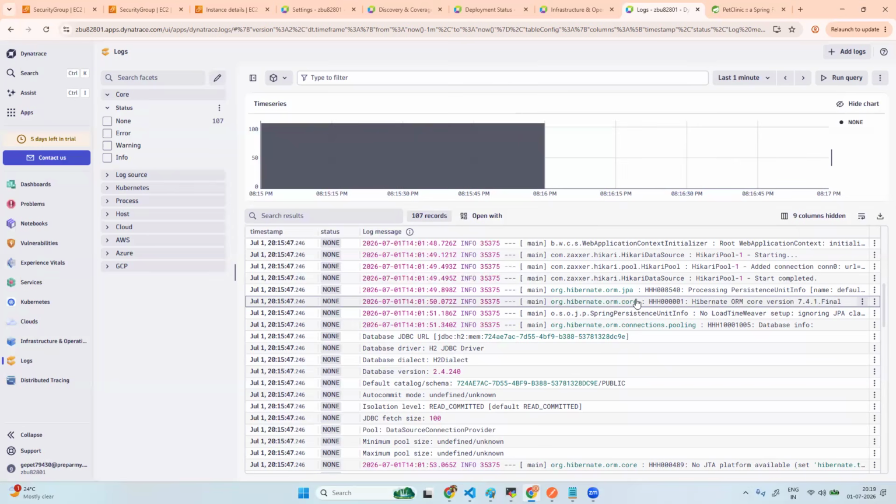Then what licenses will get consumed? Two types of license. One is infrastructure monitoring, for which there is a license. Then for log data ingestion and log monitoring, there is another license. Correct. Yeah. So if you see the log license cost,